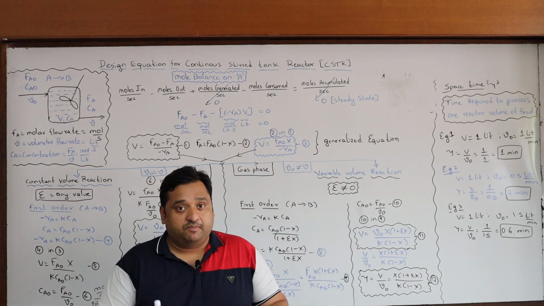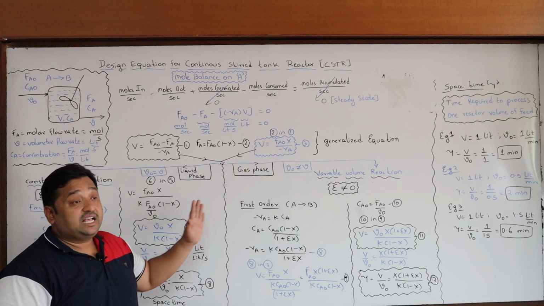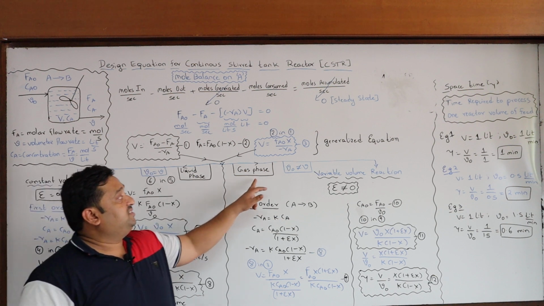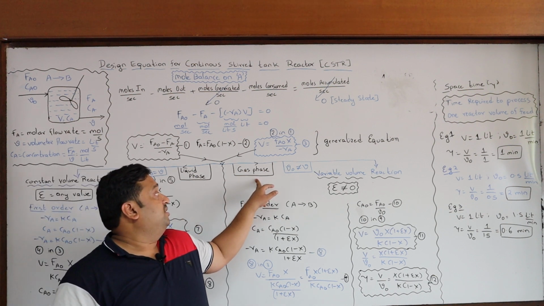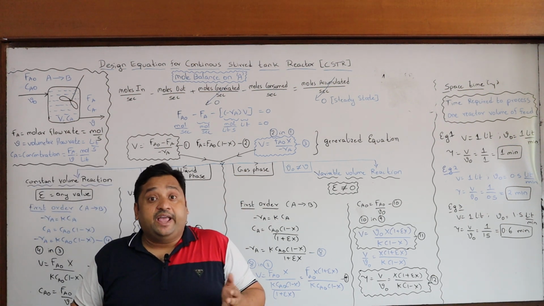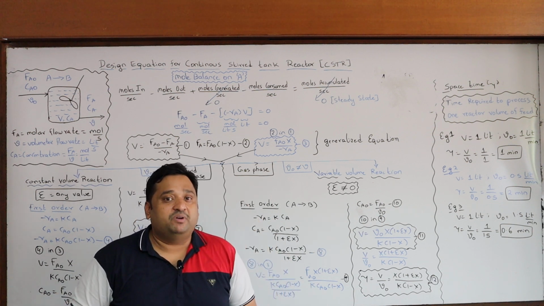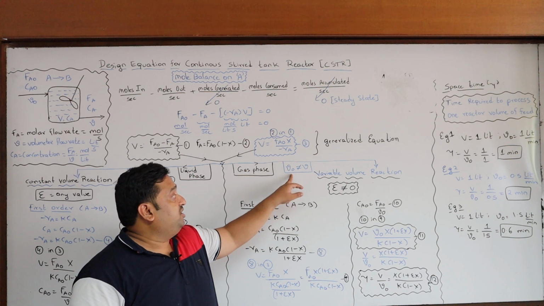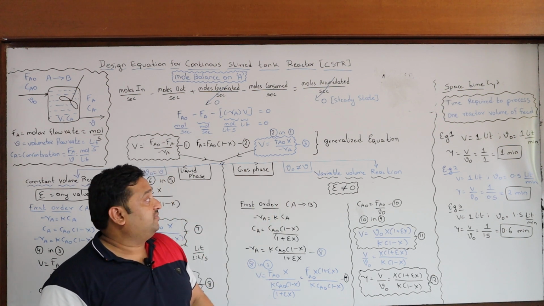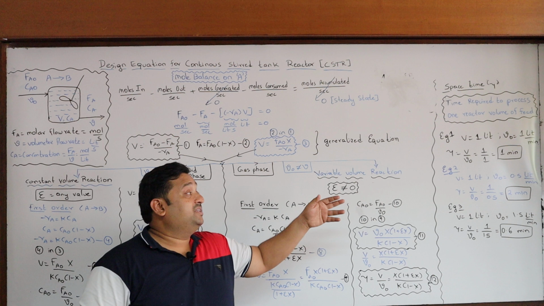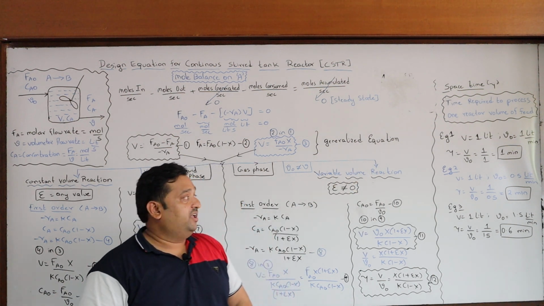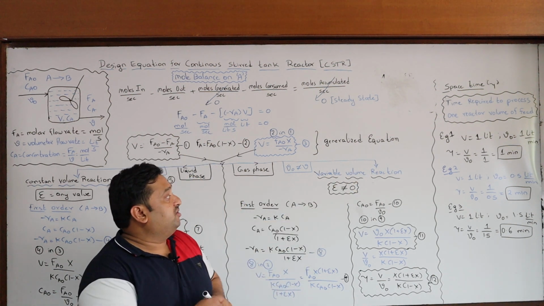Let us do the same thing for gas phase reactions. Gas phase reactions are those where the exit volumetric flow rate may not be equal to the initial volumetric flow rate. That is why nu 0 is not equal to nu. The other name is variable volume reaction, where epsilon is not equal to 0. That means